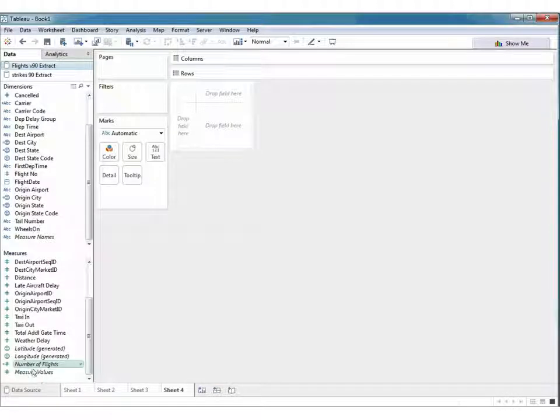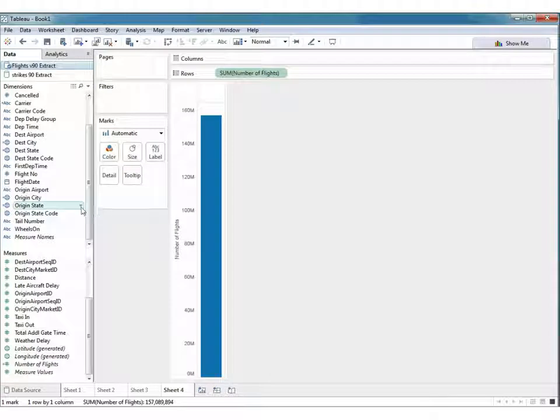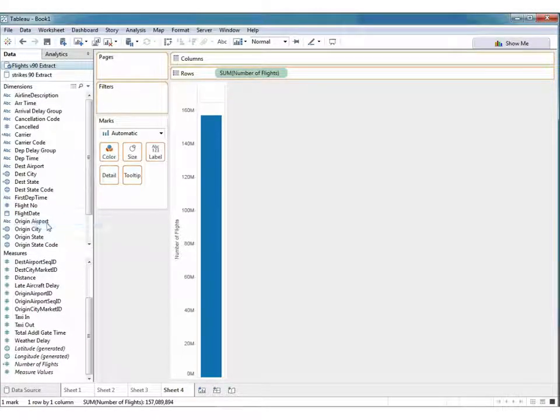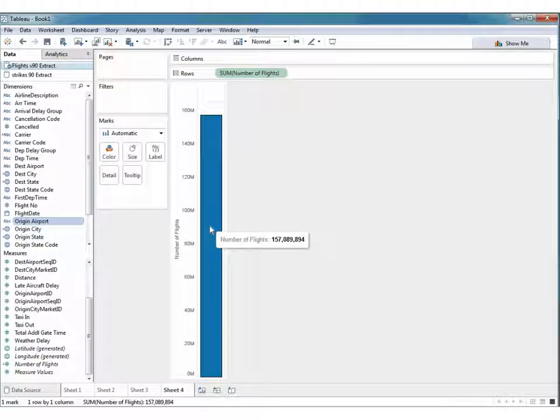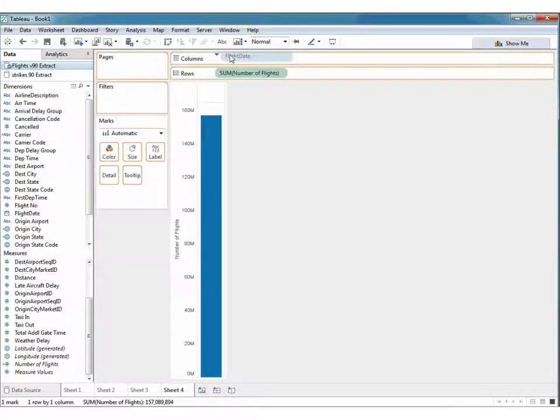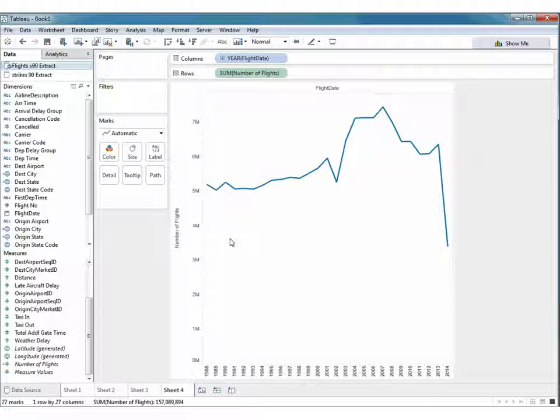And so you can drag out here the number of flights like before, and you can get flight date. And, oh, by the way, before I do that, notice this is a slightly larger database. This is 157 million rows. A few years ago, I would have had to put this data into a hot database box. But now a Tableau data engine runs over this level of data pretty quickly. So you'll notice that when I drag out flight data and drop it here, there's a slight delay, but then I get the trend line.